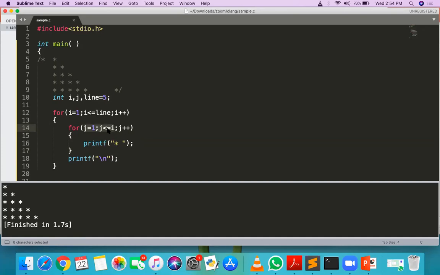When j is 4, it will go outside. But when i is equal to 4, next time j is reinitialized to 1. So j is reinitialized every time. It always starts from 1 to i, 1 to i.